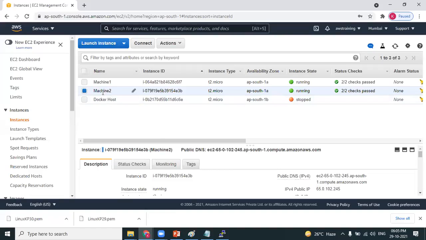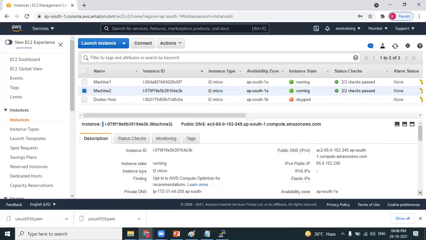For the second machine, you downloaded the next key pair. That's a key pair. Key pair is different. Security group is different. For the second machine, what is the key pair? If you want to verify the key pair, scroll down.